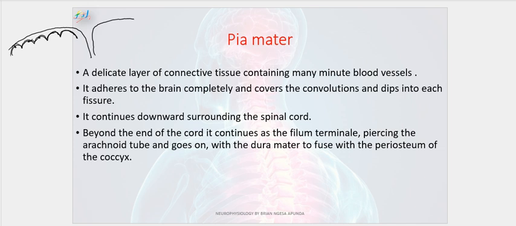So either some form of veins or some form of arteries, of course, that should be supplying and also draining the brain. So very important. But this one specifically, those that work mostly at the cortical area, as we'll be able to see. So this adheres to the brain completely and covers the convolutions and goes deep into fissures. It continues downwards surrounding the spinal cord. Beyond the end of the cord, it continues as the filum terminale, piercing the arachnoid tube and goes on with the dura